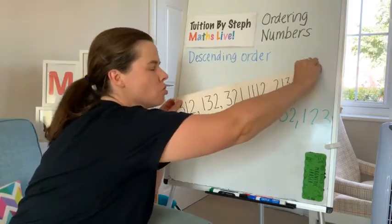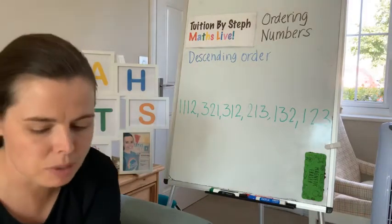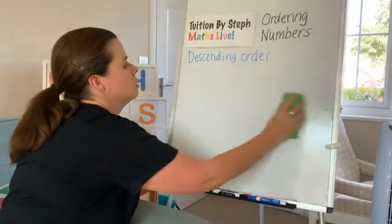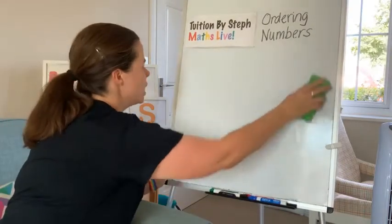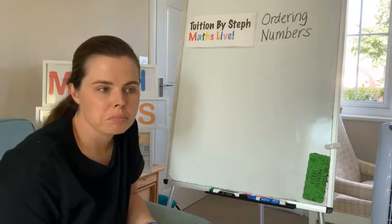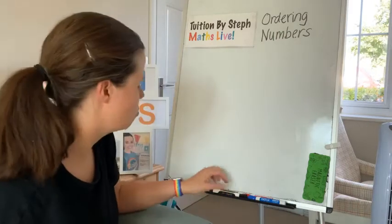But I didn't want to just stop the lesson there. While we're ordering numbers, we might as well look at decimals, because it's not that much different. All you're doing is considering an extra place value, those decimal place values. So, for example,